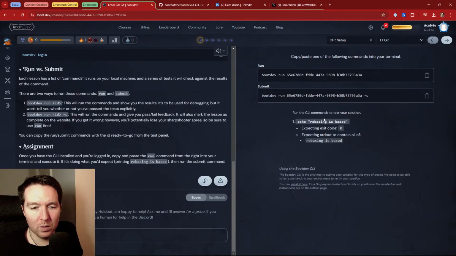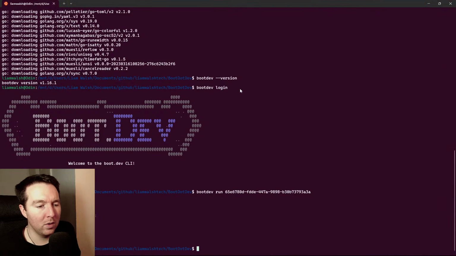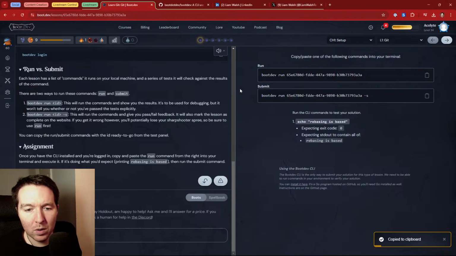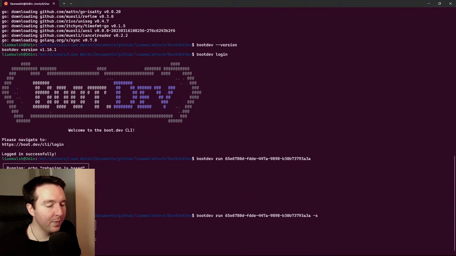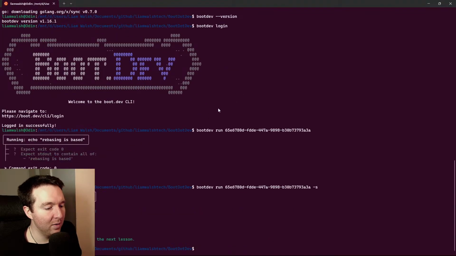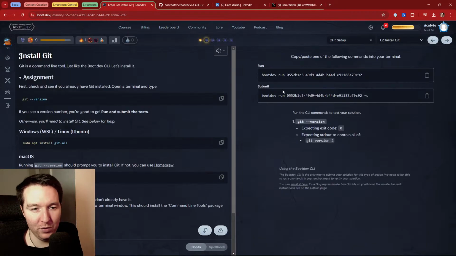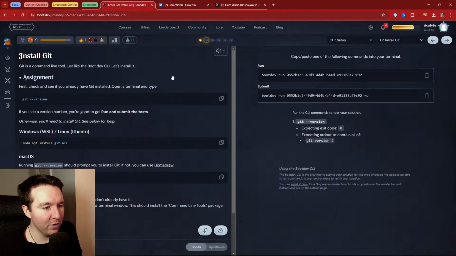Run these commands to test your solution. Hey, that's awesome. This is really cool. This is really awesome how this works.